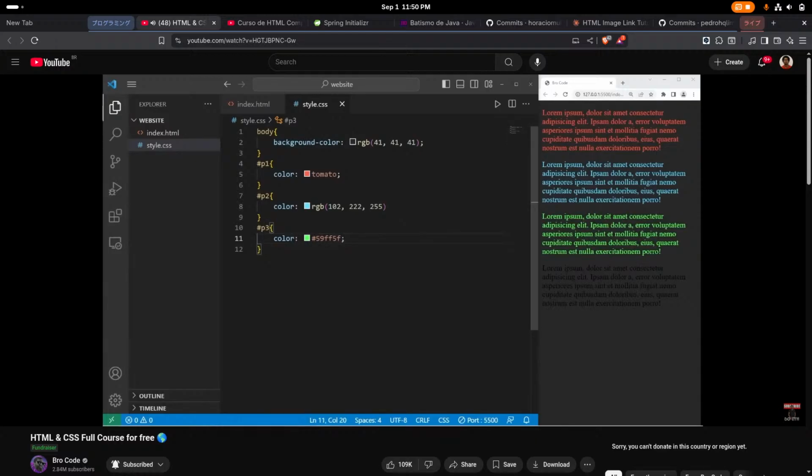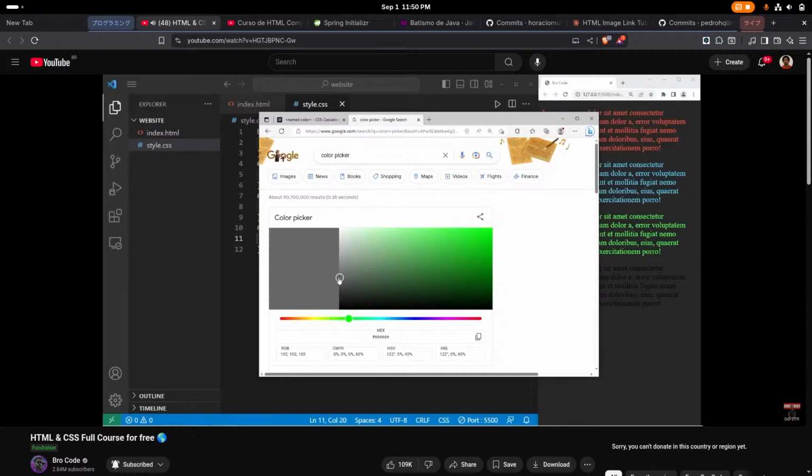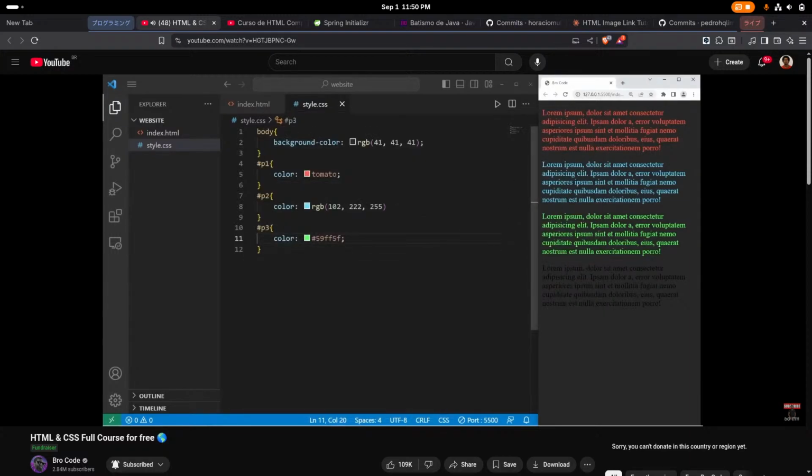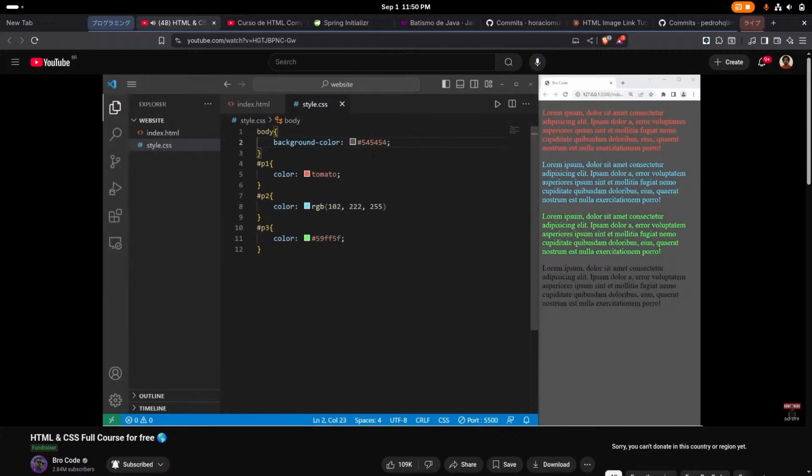Let's change the background color again. Let's go with a lighter color this time. 54, 54, 54. There we are. Okay, lastly, we have HSL values. For P4,